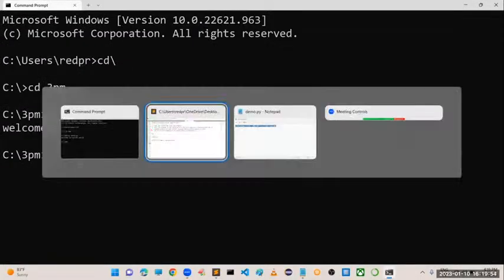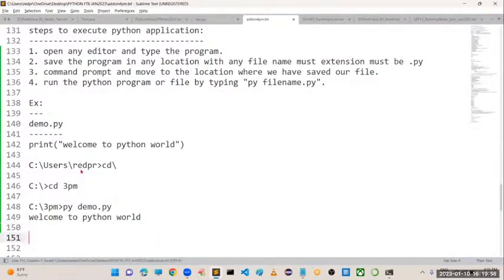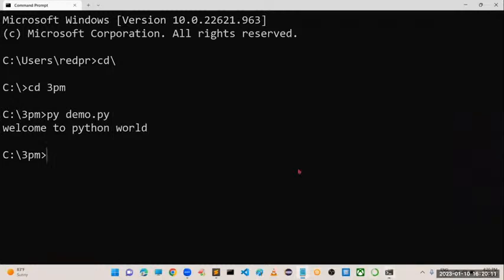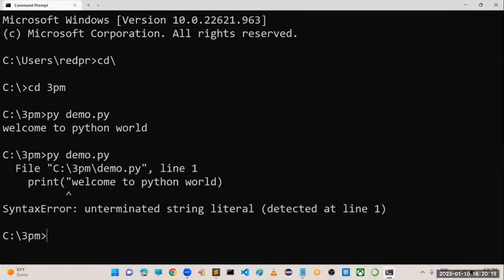Okay. Suppose consider we have some error in the program. Suppose here I didn't close the double quotations. I have taken a string here which begins with a double quotation, but I forgot to close that double quotation. Immediately what will happen? When you are running the program, it is going to show an error message like this.